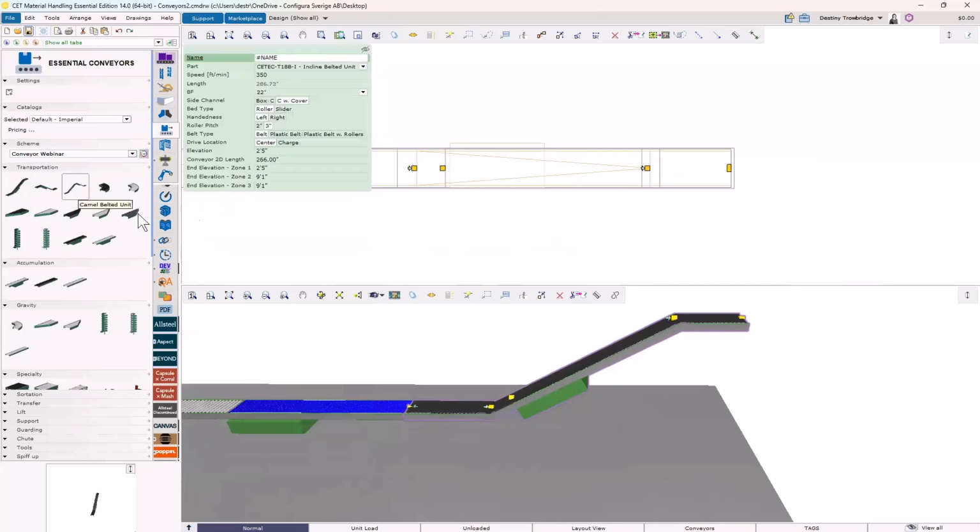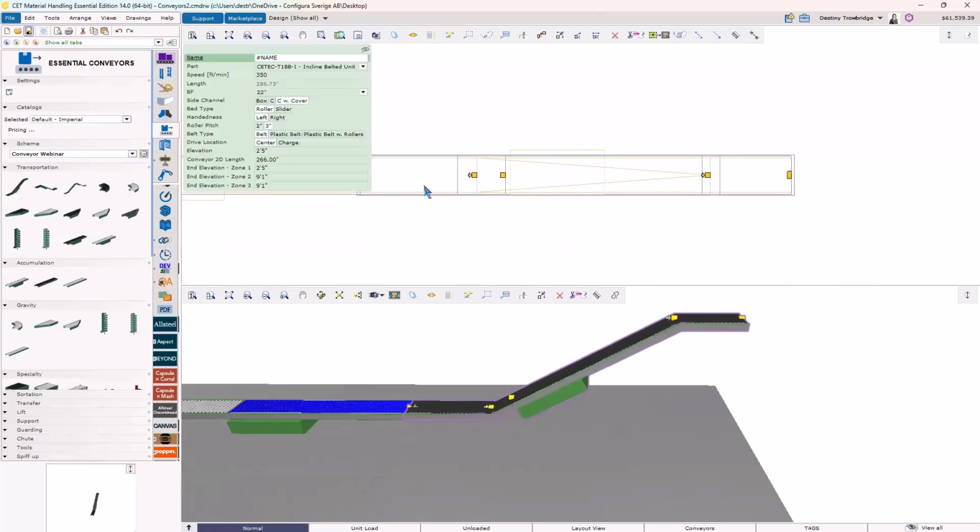These incline, decline, and camel units have options for end elevations for each of their zones. This is going to determine the elevation at the discharge end of each of those zones. Looking at the unit in 2D, this is broken into zones and it's shown here. We've got the first zone, the second zone, and then our third zone. It's a little bit easier to tell in 3D. You can see where that angle is. This flat part is the first zone, then the actual incline is the second zone, and the last flat part